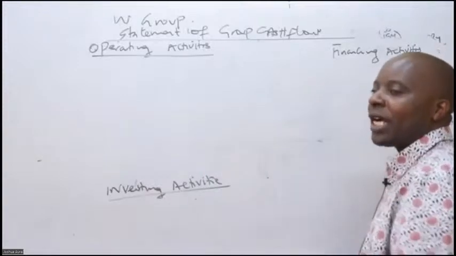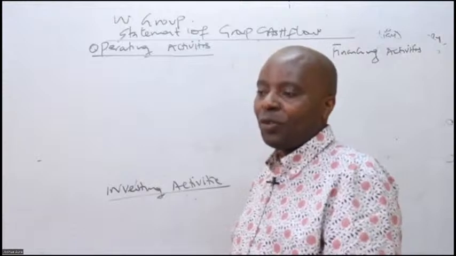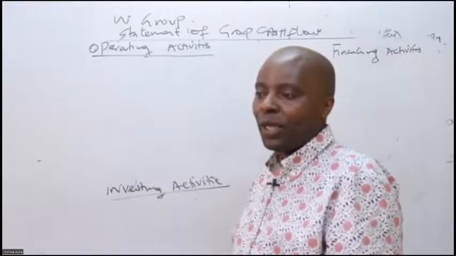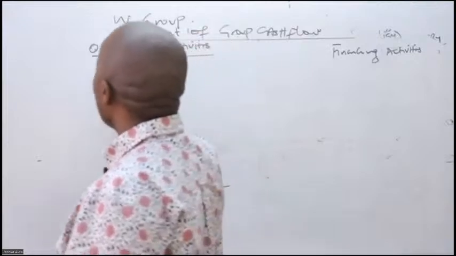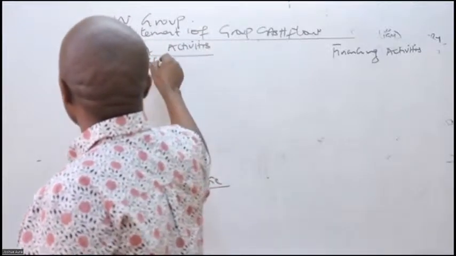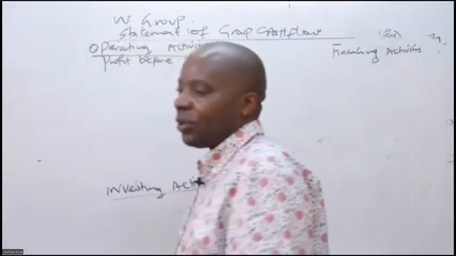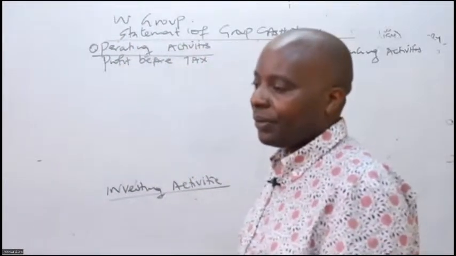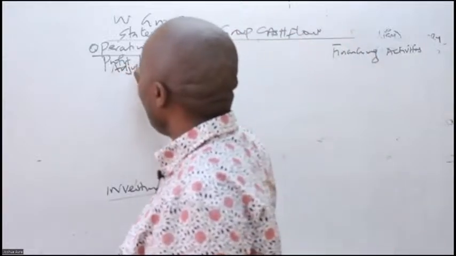Operating activities are those activities that generate something to your profitability. So under operating activities, I told you what you are supposed to start with. You start with profit before tax. Always you start with profit before tax. Right? And then you come and make your adjustments. You say adjusted for,